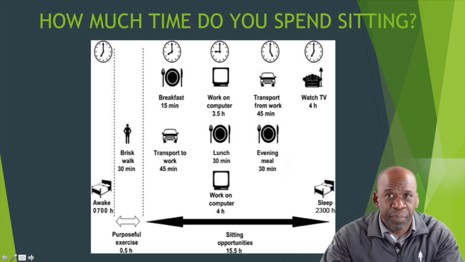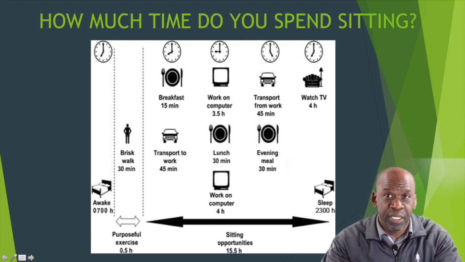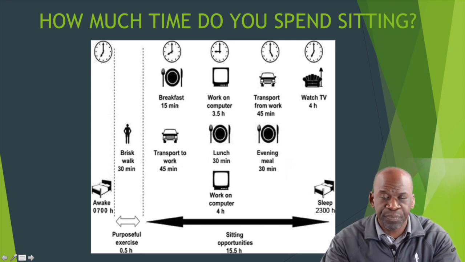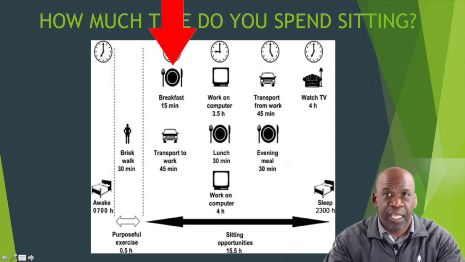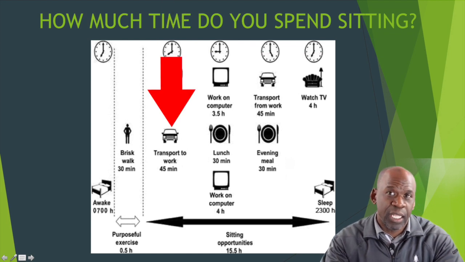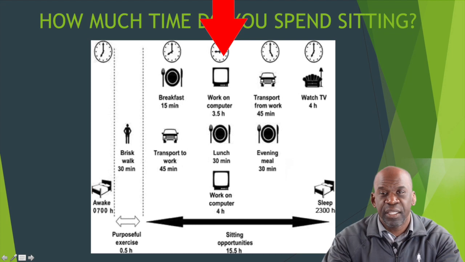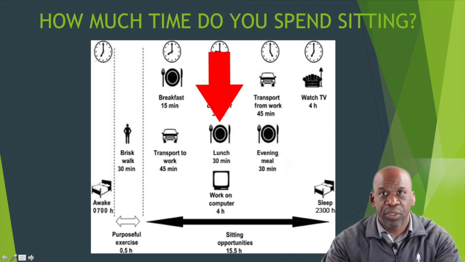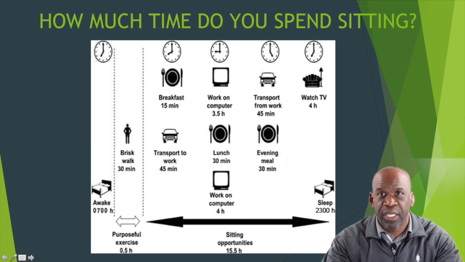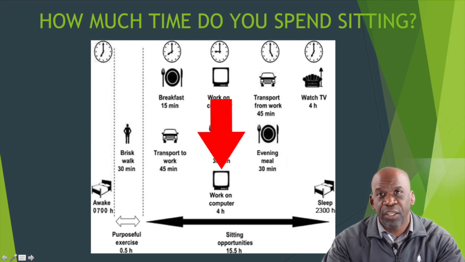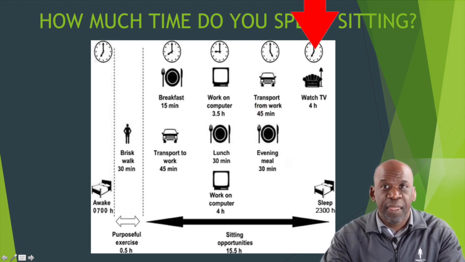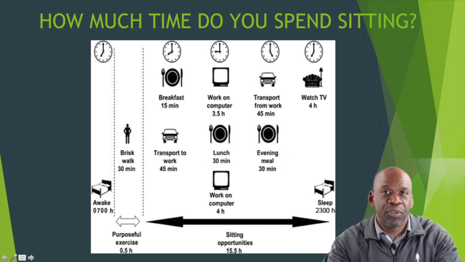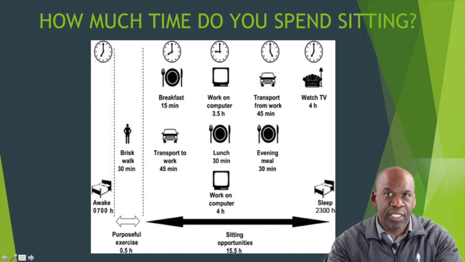1/12 of the day. And when you compare this with the amount of time that you can be sitting or in a laying position, the average person sleeps anywhere from 6 to 8 hours, and then you sit down to eat breakfast, and if you drive to work, you sit on your commute to work. While at work, you would sit at your desk, then you sit during lunch, and when you go to the washroom. When you go back to work in the afternoon, again, you're sitting at your desk, and you sit to have your evening meal. If you sit down to watch any TV in the evening, then again, you're adding more time to that tally of sitting or sedentary time.